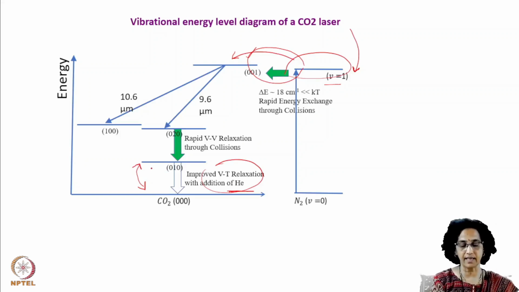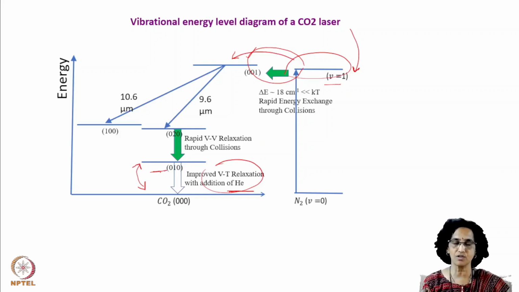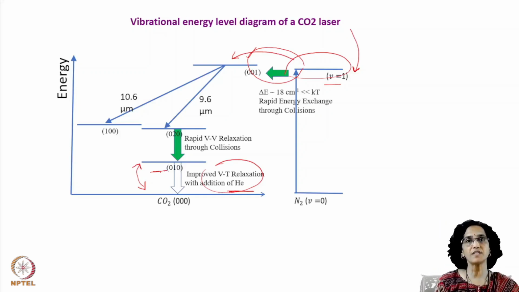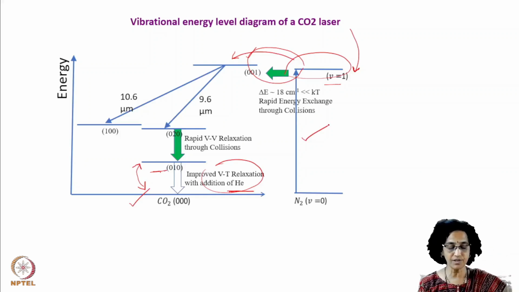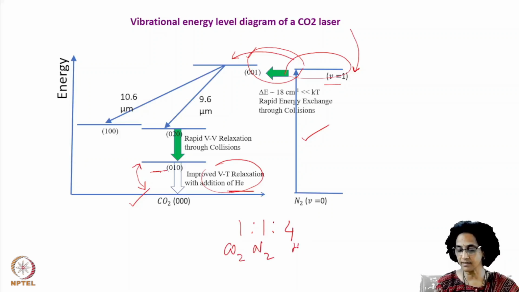Helium conducts away this extra heat as its own kinetic energy and delivers it to the discharge tube walls, from where it is conducted away by using a coolant, the water that flows there. And therefore, the efficiency of a CO2 laser is greatly increased by the addition of nitrogen and helium. And the common gas mixture that normally one operates with for low pressure is 1:4, where 1 is CO2, this is nitrogen, and this is helium.